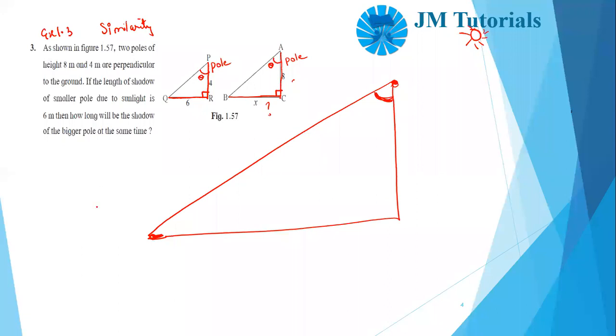Suppose I am standing over here, and my shadow is there. Again, this angle will be the same for me, for this pole, and for this building, because the shadow is being cast by nothing but the sun, and there is one sun casting the shadow across all of them. So at any instance of time, the line which joins the end of the shadow with the topmost part of the object will make the same angle.